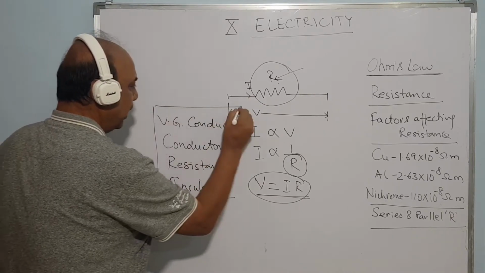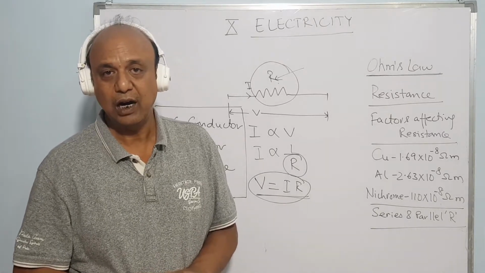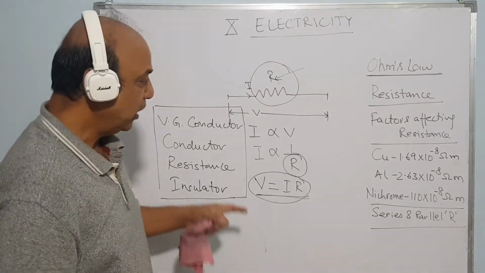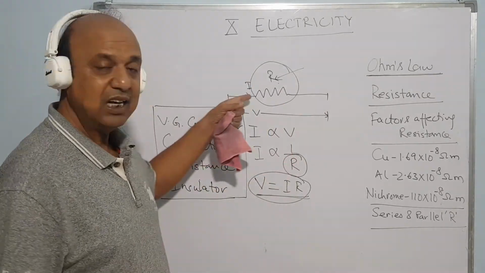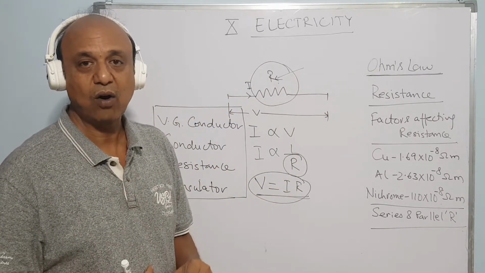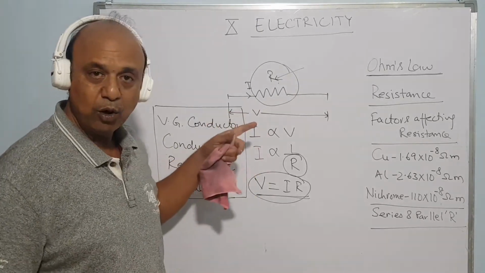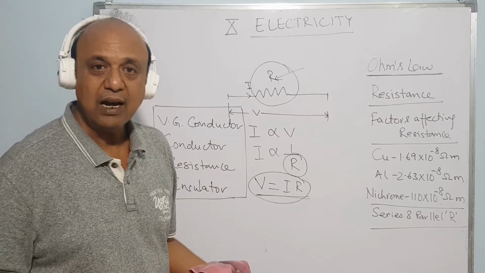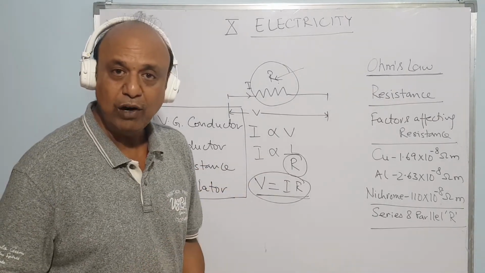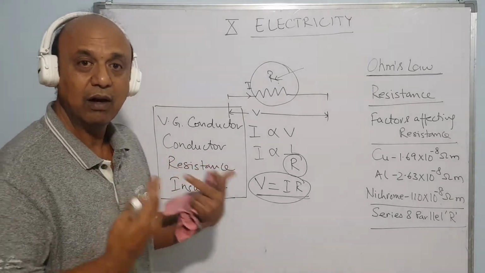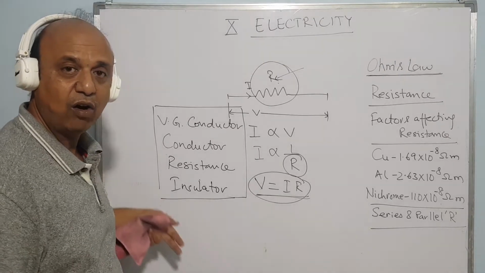Earlier we had defined conductor and insulator based on the availability of free electrons. Now, what is the relation of free electrons? Again, let us see. Resistance is offered by those electrons which are available in the outer shell of the atoms. If they are not able to move, then it offers higher resistance. So, it is an insulator. If they are able to move freely, then how freely they are able to move makes it either a very good conductor or a resistance.